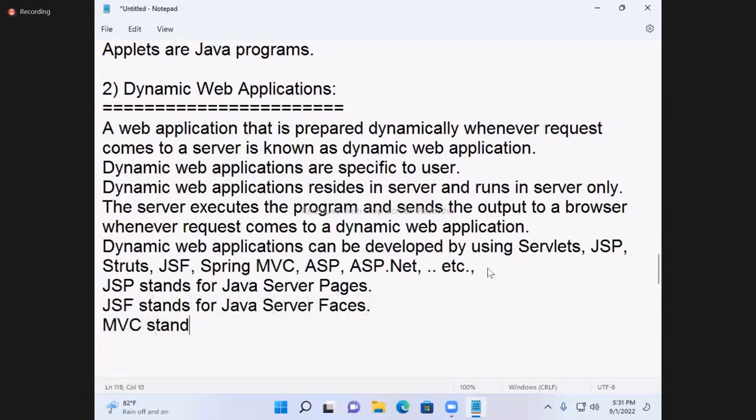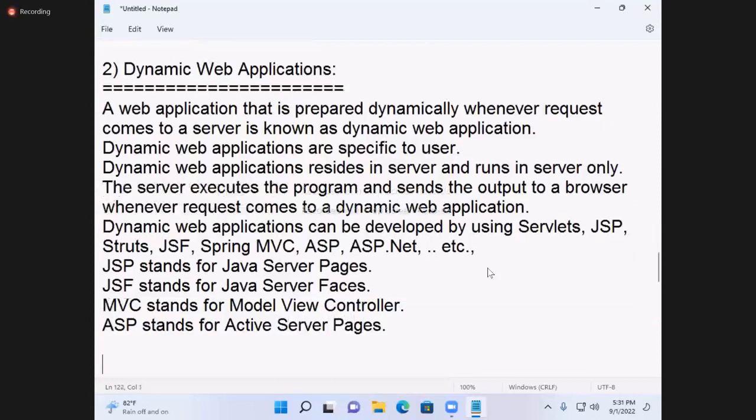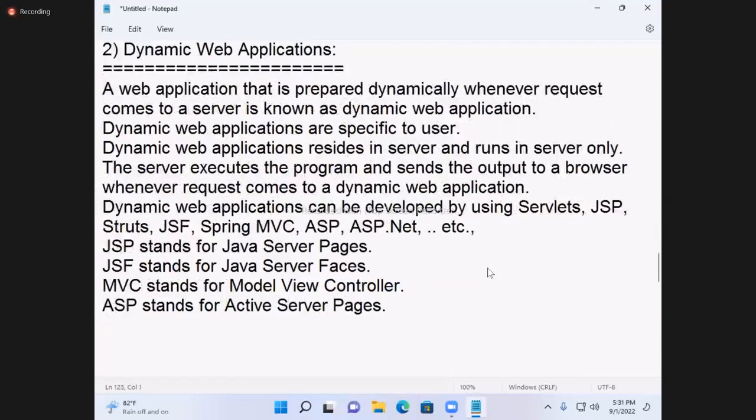MVC stands for Model View Controller. ASP stands for Active Server Pages.